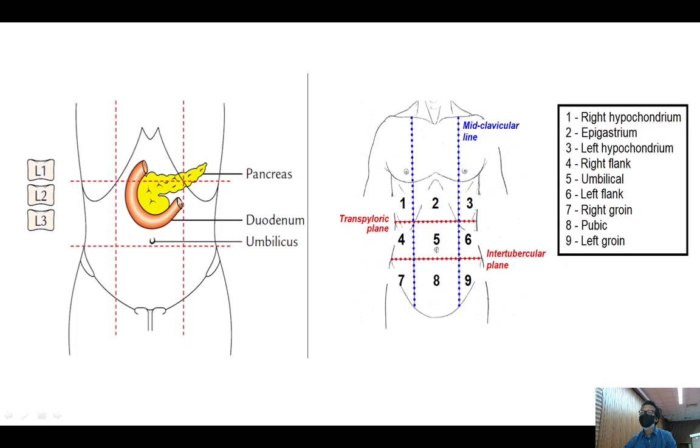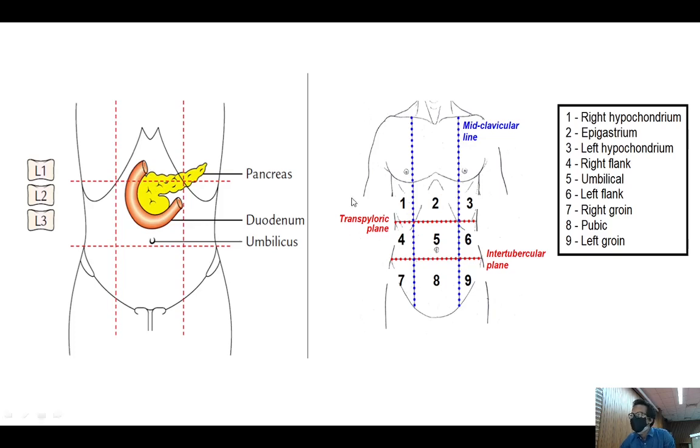And where does it end? It ends just below the transpyloric plane. This is the beginning, 2.5 centimeter to the right of the median plane, and it ends at the lower level of the transpyloric plane on the left side of the median plane. If you draw a line in between through the sternum, the beginning is on the right side, and the ending of the duodenum is on the left side